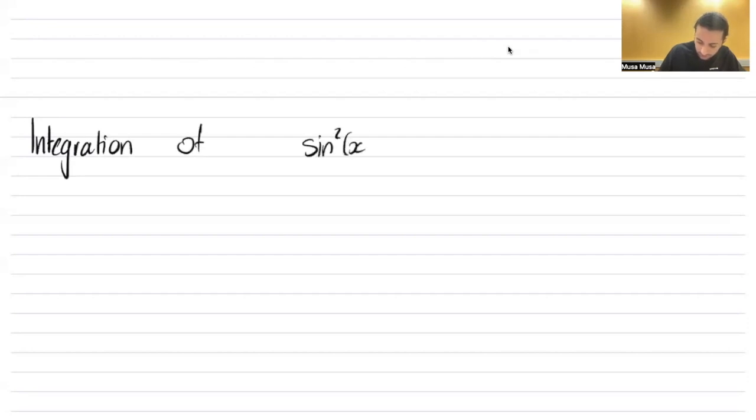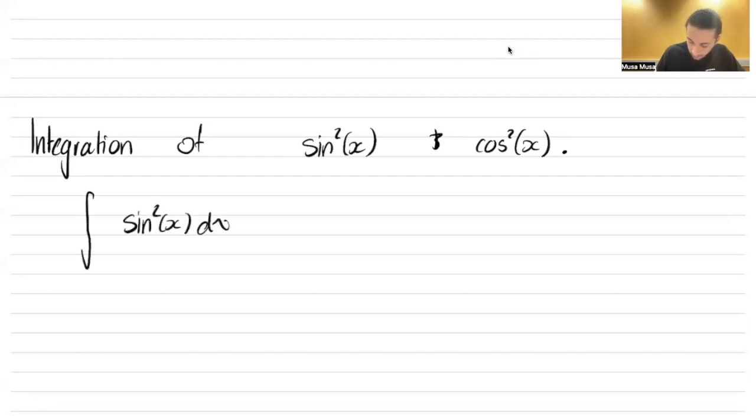Okay. So let's write integration of sine squared x and cos squared x. Okay. Integrating sine squared x. You might say this is reverse chain rule. And you'll look and you'll recognize that the reverse chain rule formula still tells you,